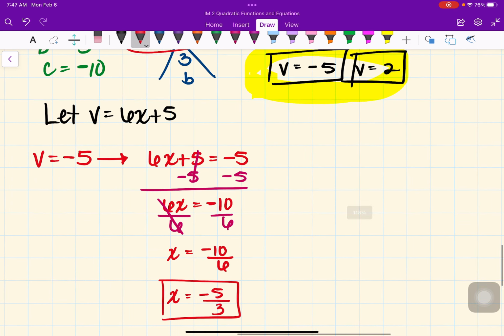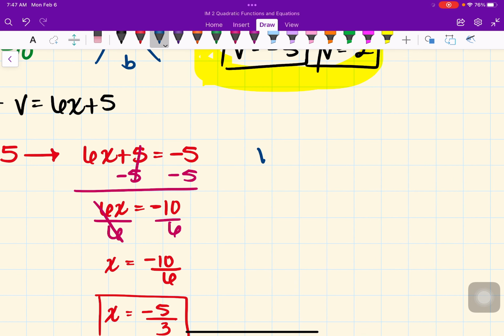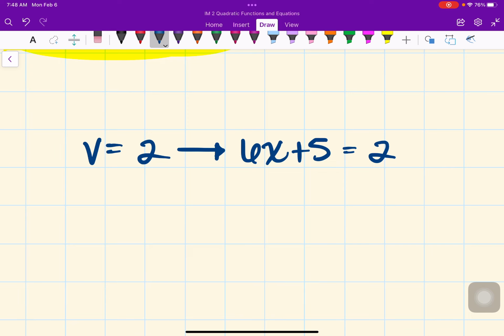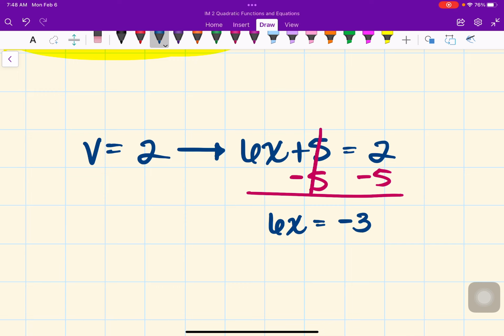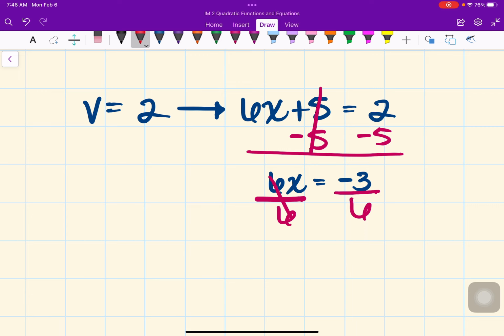If I choose to go with v equals +2, let's do that. I have 6x plus 5 equal to 2. So solve for x. Let's subtract 5 from both sides. That cancels, and I have 6x equals -3. From there, we divide both sides by 6, and x in this case is going to equal